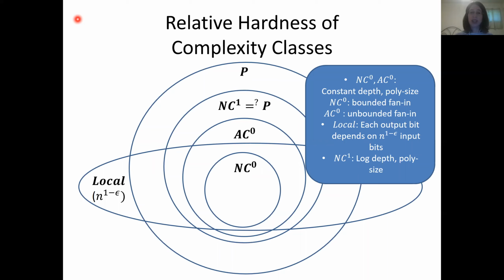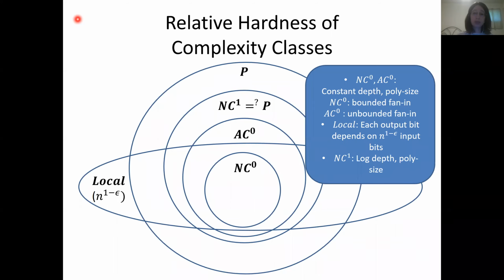And finally, I want to mention the class NC1. NC1 is a class of logarithmic depth polynomial size circuits. And actually, before I said that non-malleable codes for P are impossible, but non-malleable codes for NC1 are also out of our reach currently, because in fact, we don't know how to show that NC1 does not contain P. We don't know how to separate NC1 and P with the current techniques that we have in complexity theory. And if NC1 is equal to P, then the impossibility results for P would apply to NC1.